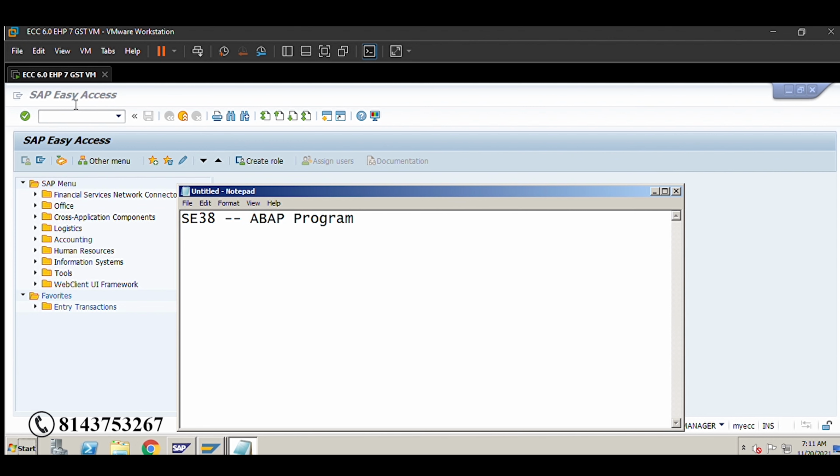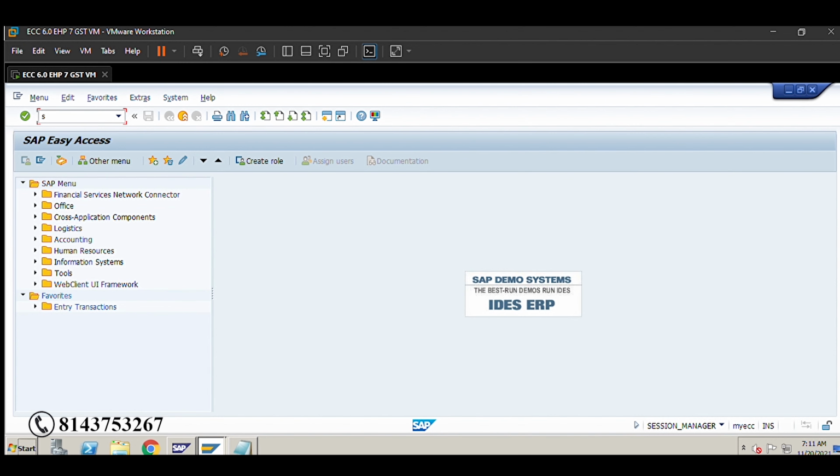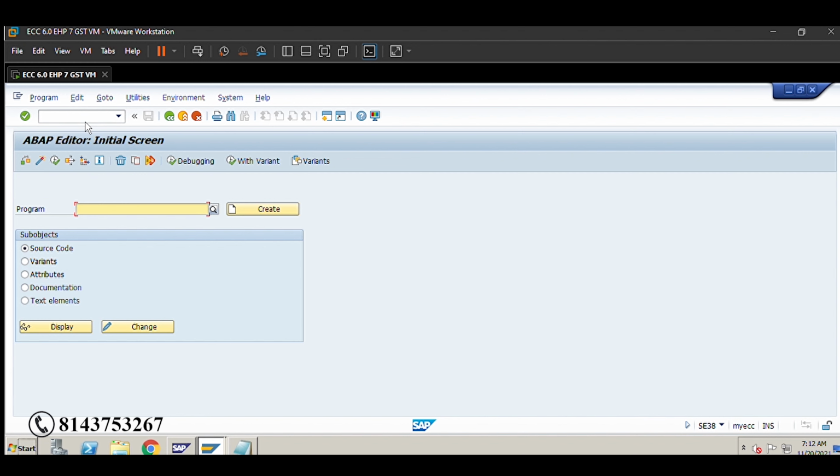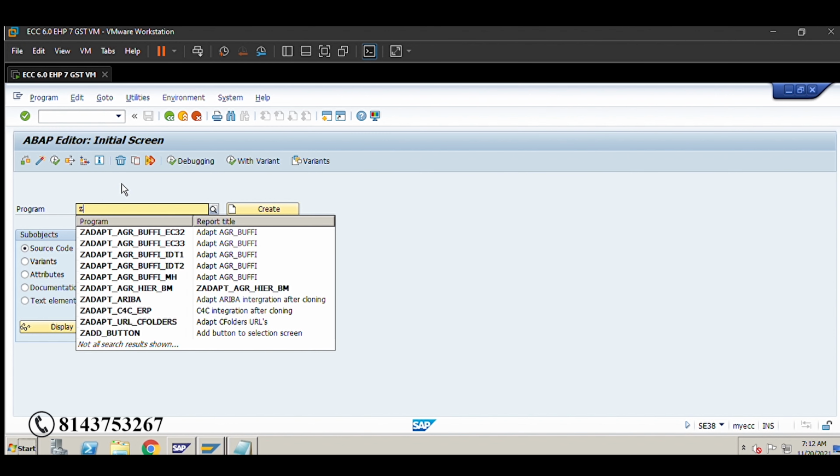Now we will start with the ABAP editor or ABAP program. This is the T-code bar, or we can call it the command field. Here you need to enter the T-code, and after entering it, you need to enter the program name.